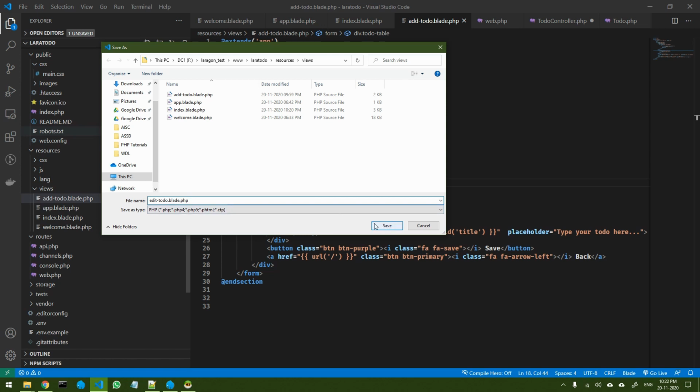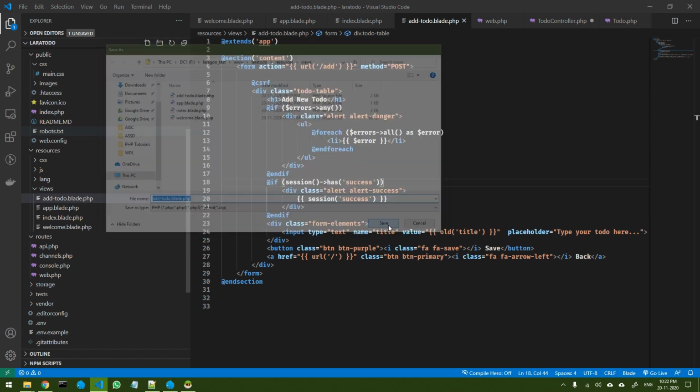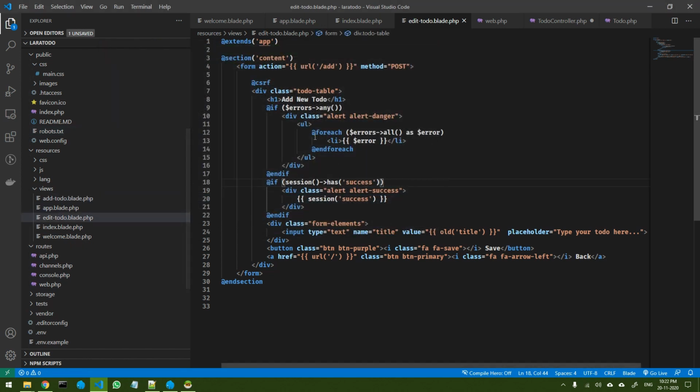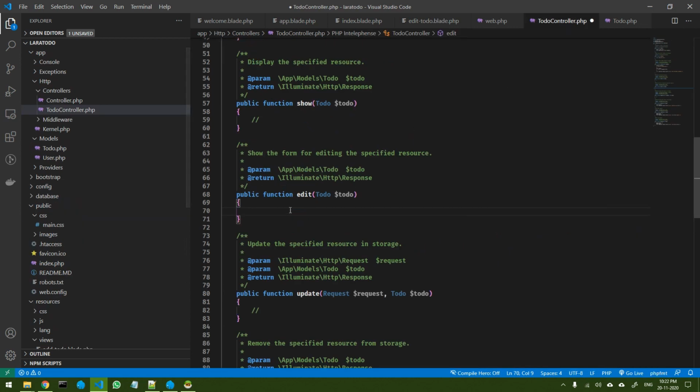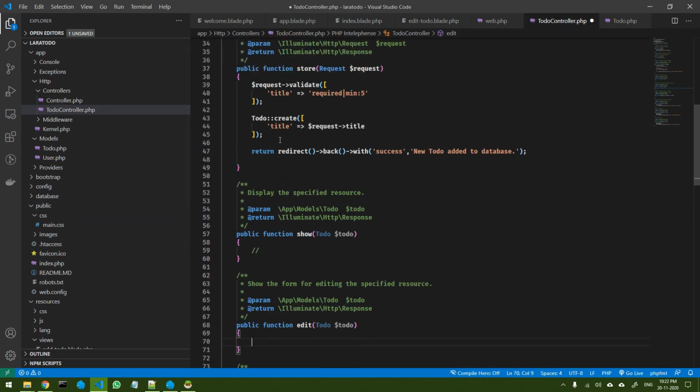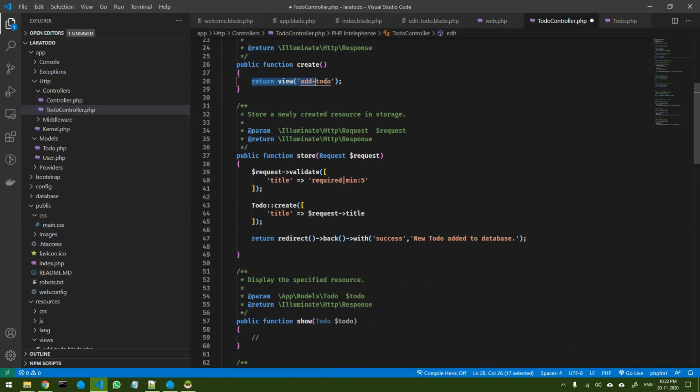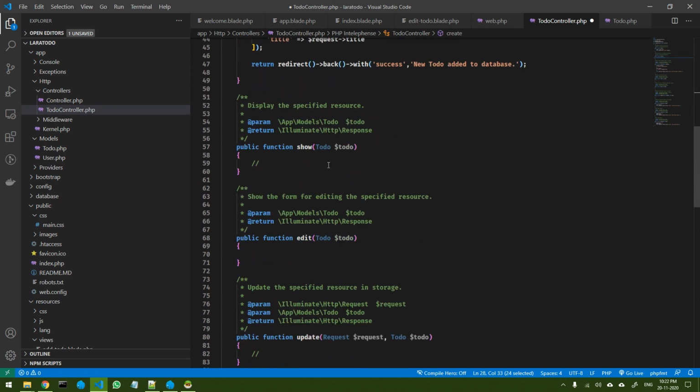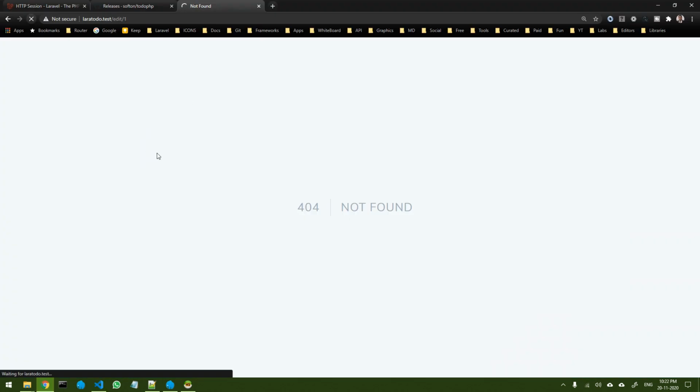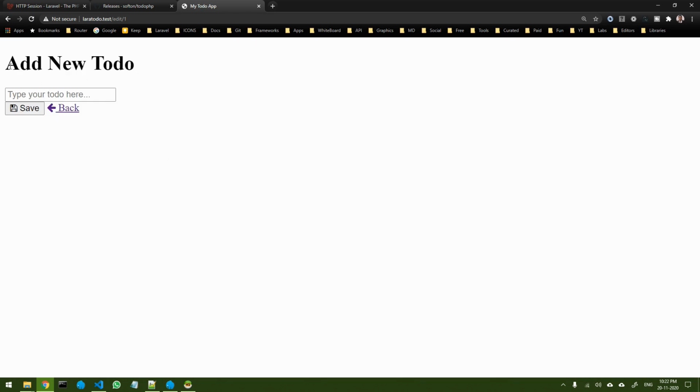Okay, and save it, right? So now I have another form called edit to do, and let's come over here and let's return, instead of add to do, edit to do form. Okay, so that's it. Let's refresh and see. Yeah, so I'm getting